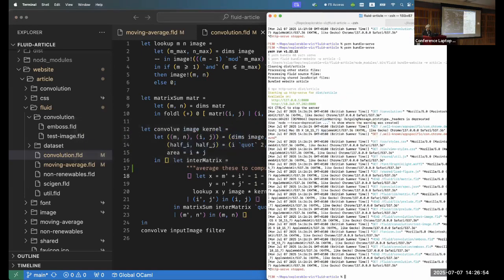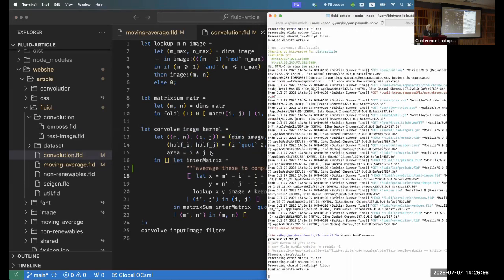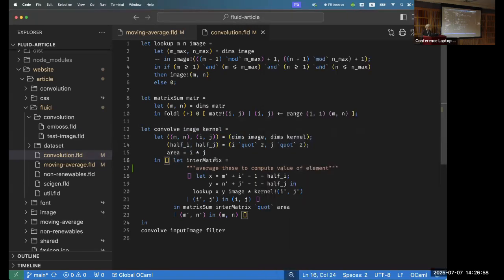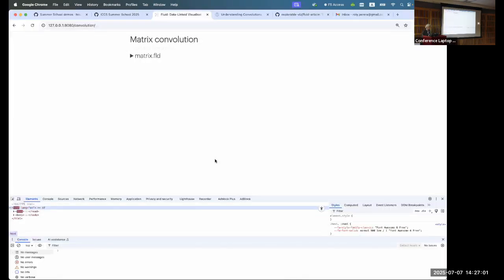Okay. So I need to attach the comment to the actual matrix itself. Okay. So now if I reload this,